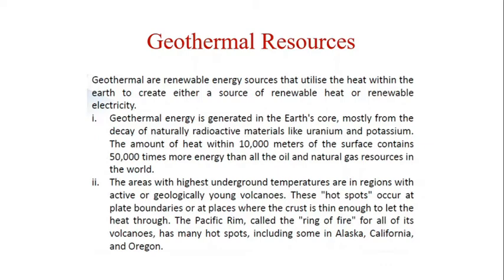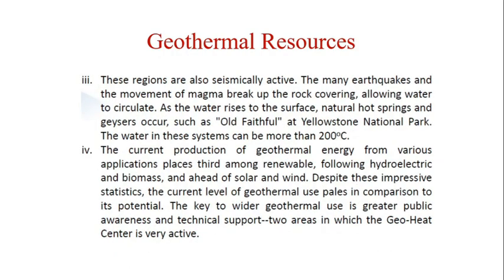The areas with the highest underground temperatures are in regions with active or geologically young volcanoes. These hotspots occur at the plate boundaries or at places where the crust is thin enough to let the heat through. The Pacific Rim, called the Ring of Fire for all of its volcanoes, has many hotspots, including some in Alaska, California, and Oregon. These regions are also